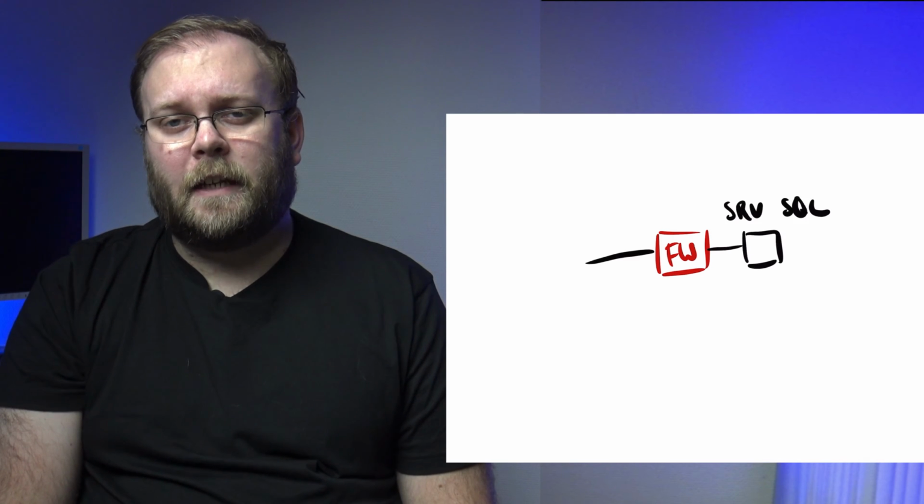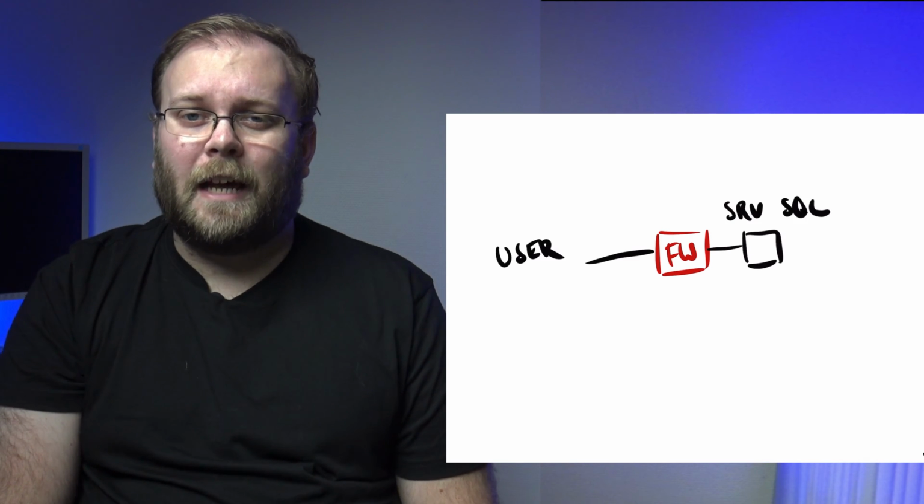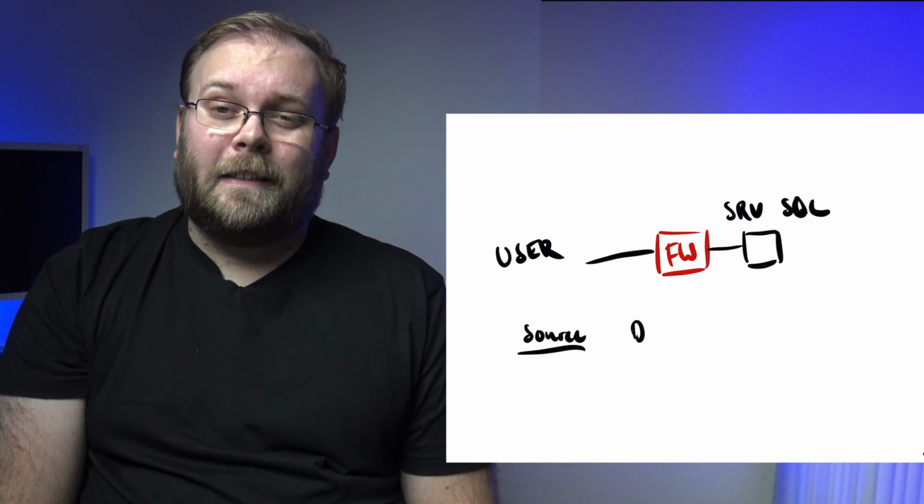In today's network, even if the network is segmented, firewall rules are normally built on IP address, and of course that's better than nothing. But let's take SQL as an example. In a bigger organization there are DevOps or IT staff. Some will need access or the possibility to send SQL traffic directly to a server. The old way of doing this would be to have a source IP and then a destination IP of the server, and then just allow the port that you need. And in this case it would be